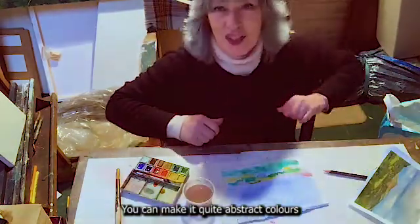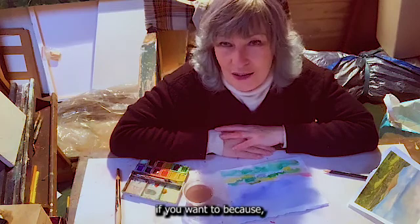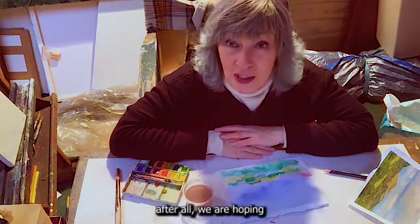You can make it quite abstract colours and very bright colours if you want to, because after all, we're hoping